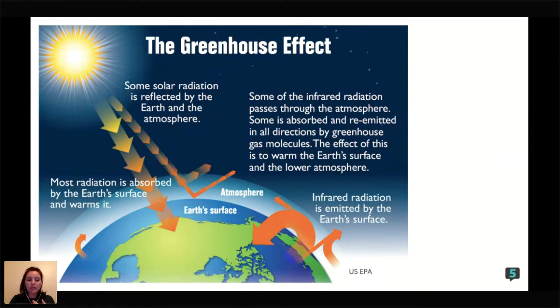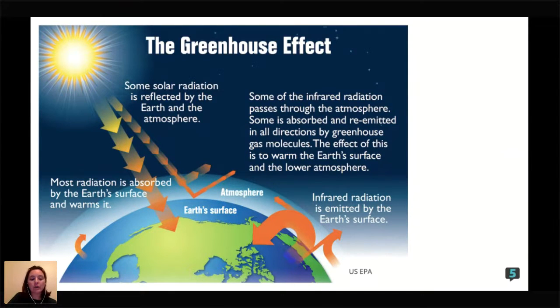So carbon dioxide is one of those, methane is another one, nitrous oxide is another one, ozone is another greenhouse gas, water vapor is a greenhouse gas. So all of these gases in our atmosphere, they kind of play interference with that infrared radiation that is being emitted by Earth, and it's trying to escape out into space. So that part right there is the greenhouse effect, when the gases in our atmosphere trap the infrared radiation that Earth is emitting. Now, that's just a small part of the bigger picture.